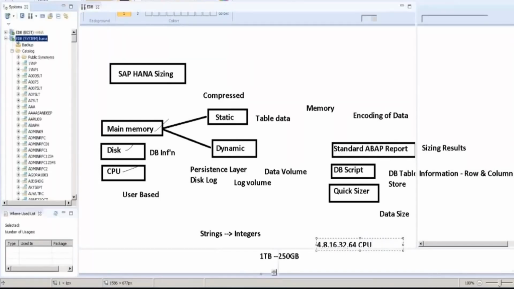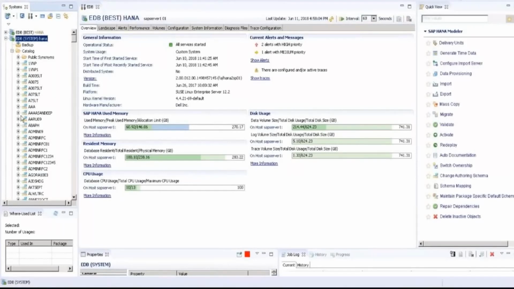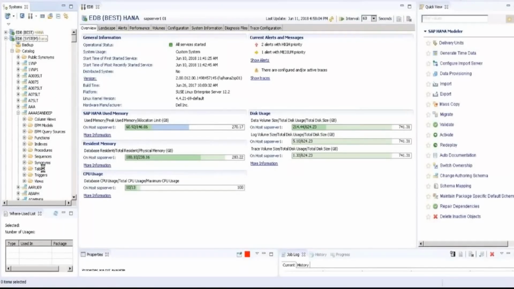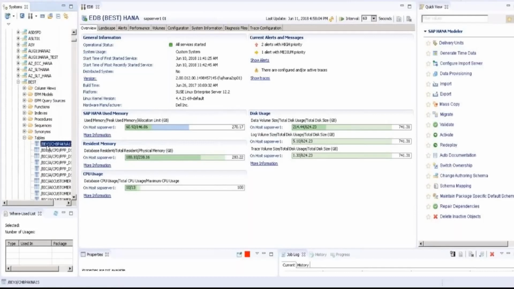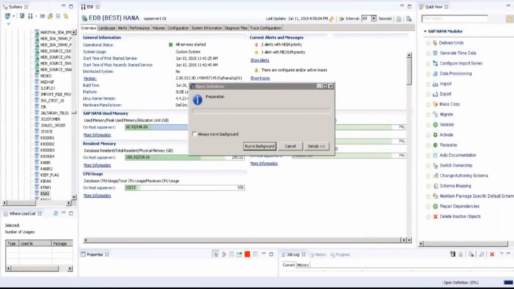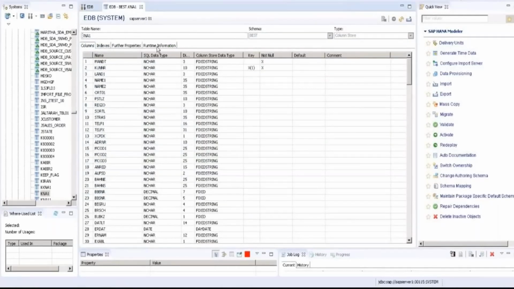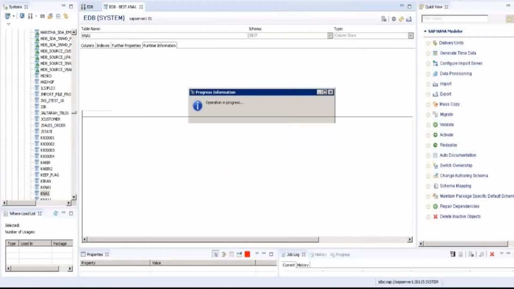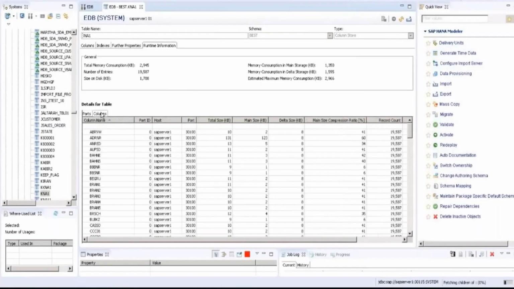Go back to the HANA Studio. Here expand the schema, expand tables, double click on tables, click on runtime information, click on columns. Here we can see the